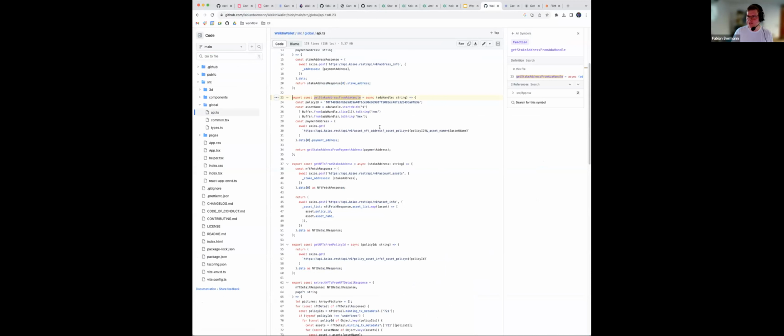The first is you get the policy. You need the policy ID of the ADA handle, which is fixed, and you can get it from the ADA handle documentation, and then the asset name, which is your ADA handle. So if you decide to buy my crazy ADA handle, and